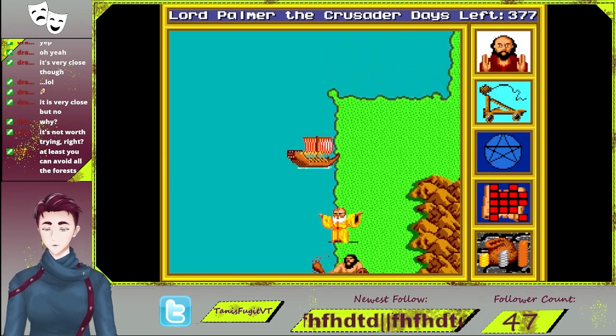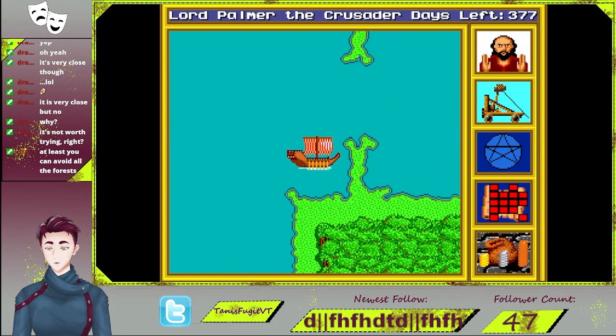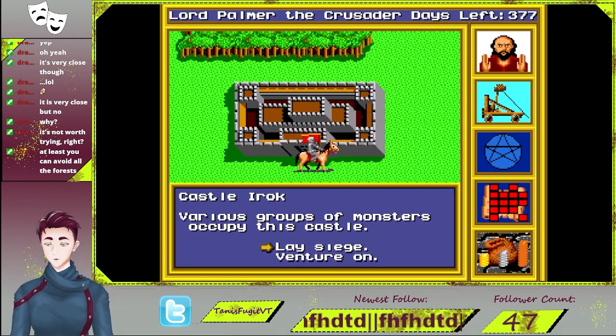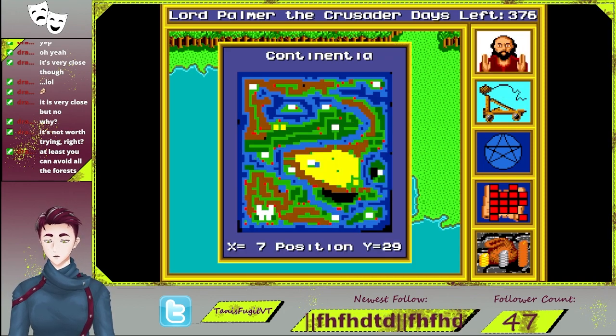I still gotta find where the hell Hack the Rogue's fortress is. Did I check this one up here? I feel like I must have, but I don't remember. Various groups of monsters, okay. The one in the top right I already checked. The one in the middle right I think is the one that's most likely to be...